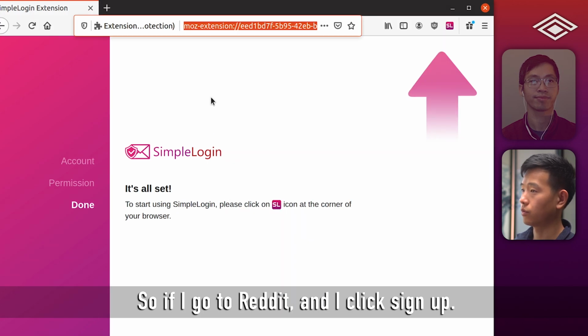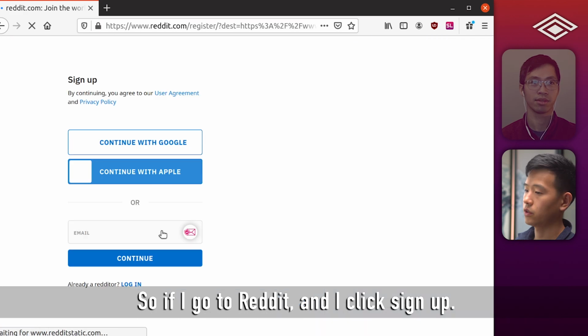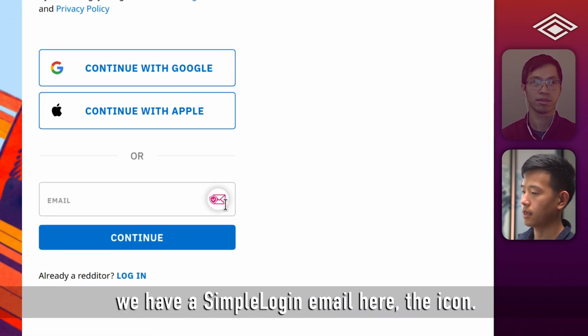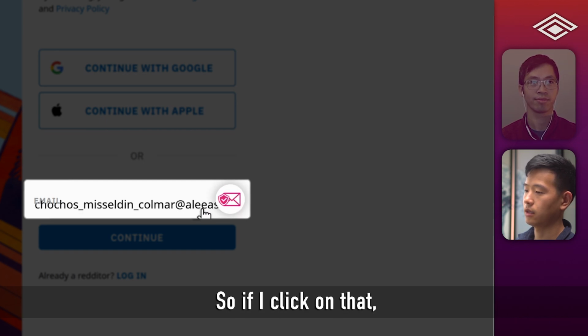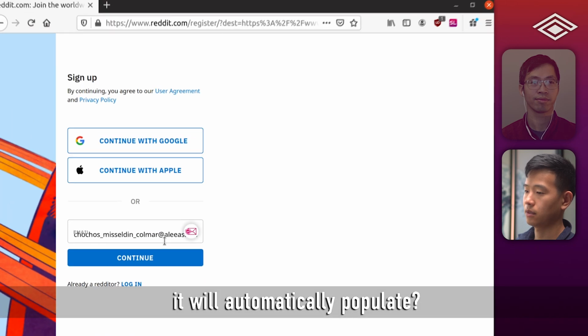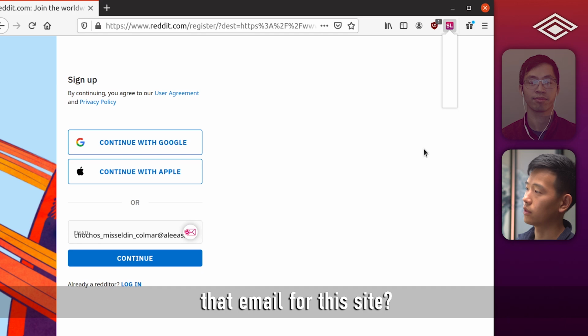So if I go to Reddit and I click sign up, as you can see, we have a SimpleLogin icon here in the email field. If I click on that, it will automatically populate. How is it able to detect that email for this site?